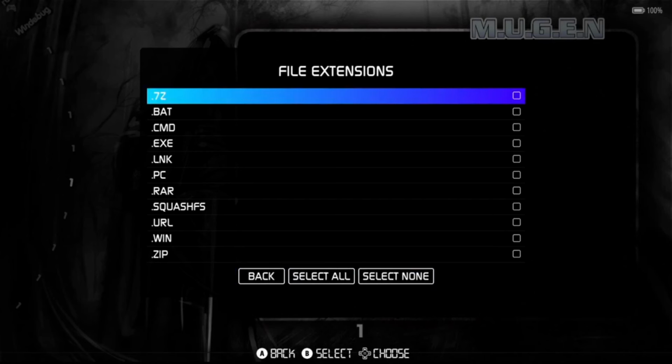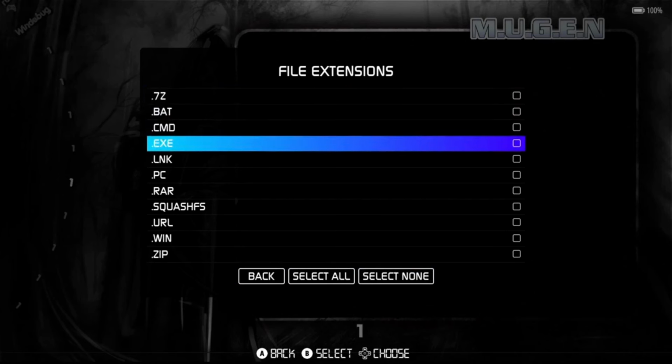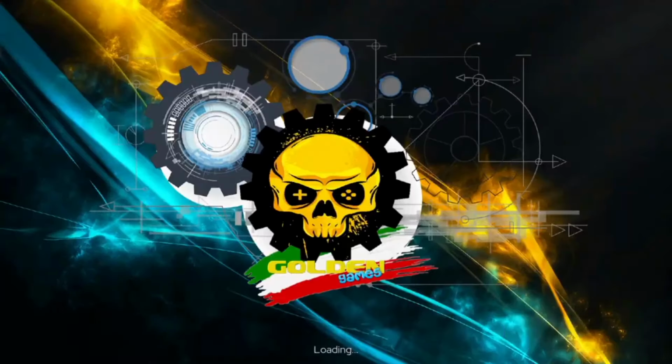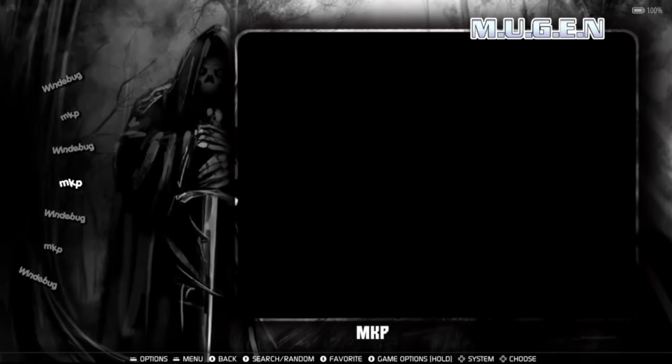And what I'm going to do next is just choose .exe. So I'm going to select this one, and then go back again. Now, as we can see, we got both .exes. If you recall just a minute ago, we had a winbug or a windy bug .exe and a Mortal Kombat P or MKP.exe. If we open up MKP from here,